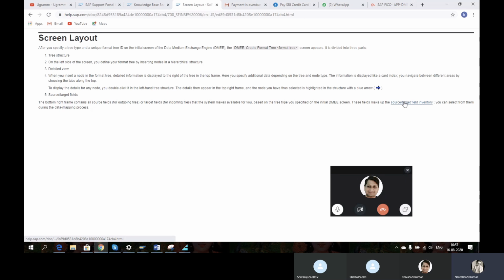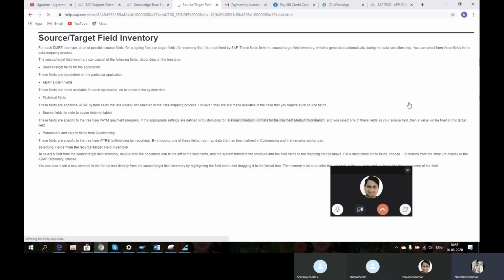So here is the source and target field inventory. The bottom right frame contains all the sources for outgoing files or target fields for incoming files, both of which the system makes available for you based on that specified DME screen. Now let us see what the source or target field inventory is. So this is one of the DME tree structures for outgoing files and incoming files. If we click on outgoing files,